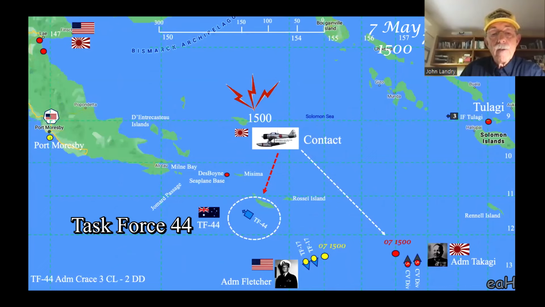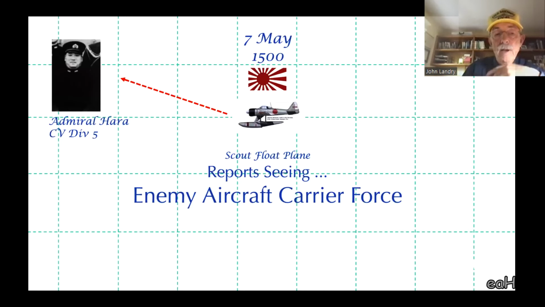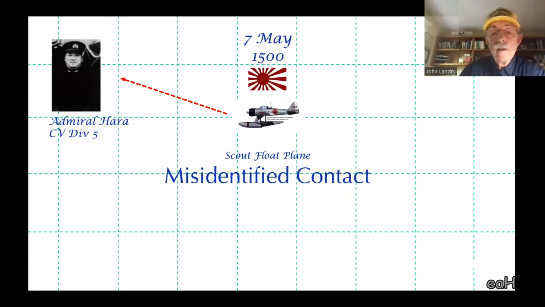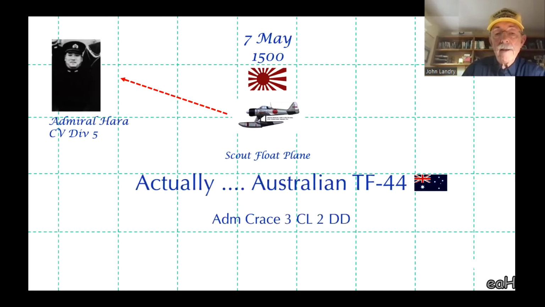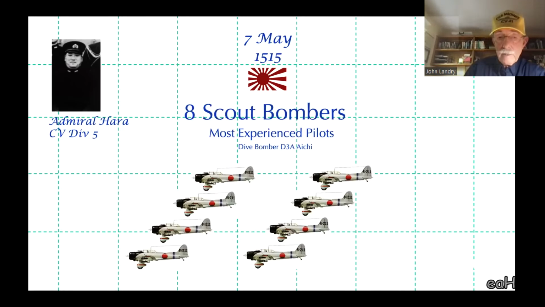In this case, it was Australian Task Force 44, the Australian cruiser and destroyer force. The report getting back to Admiral Hara was that the scout saw the enemy aircraft carrier force. This was a misidentified contact. They were actually seeing the Australian Task Force 44, 3 cruisers and 2 destroyers. However, Hara, thinking he's seeing Task Force 17, launches 8 scout bombers to go out and